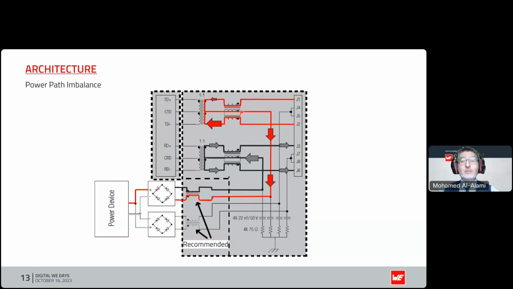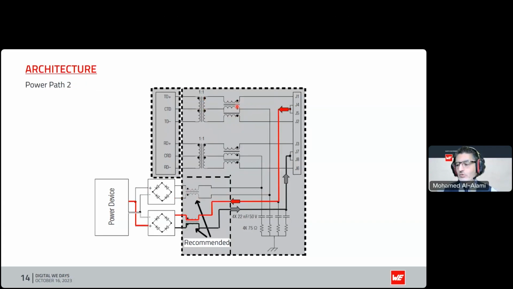Also, something that is important about the trifilar in particular, if you end up with an imbalance in the current on the two lines, albeit very slight. I know we're showing a massive difference here in the arrow size, but even if it is a small difference, this can cause saturation if you do not have this trifilar common mode choke. So that returning current naturally will ensure that the net flux in that common mode choke is 0. So again, it looks like a wire carrying the current, so there is no issue from a saturation point of view.